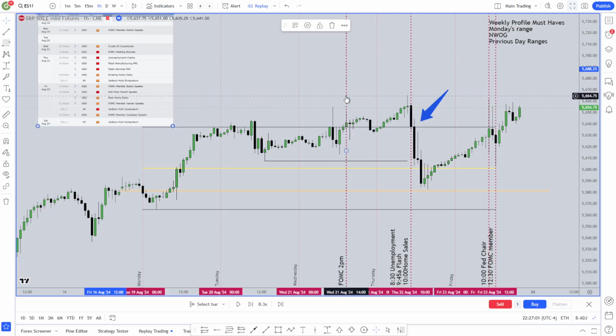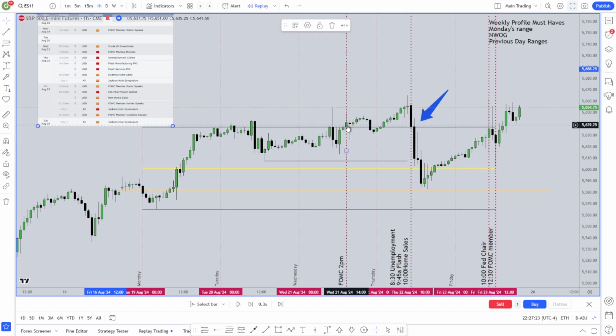So 2 p.m. on Wednesday, that's your PM session on Wednesday, which is going to help you determine what the weekly profile is. You have to forego 3 days of trading, or if you are trading, just be aware that you're not going to get big trending moves as yet. So once you see that price action is now confirmed for what the type of profile is,